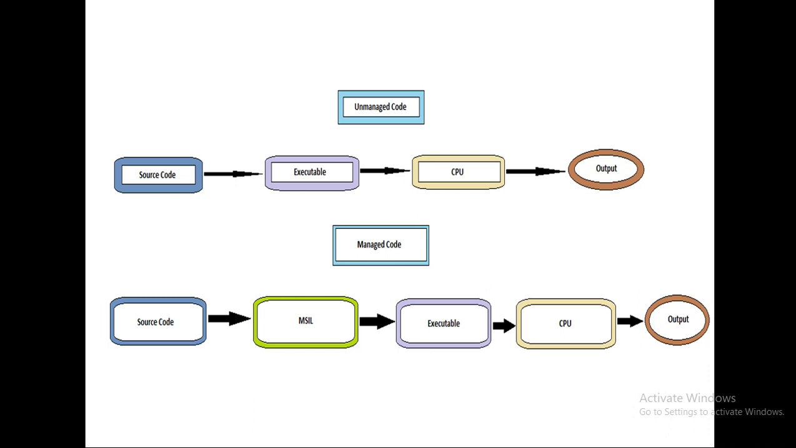Okay, now you can see this diagram. This diagram is pretty simple and straightforward. This diagram is for unmanaged code. First of all, you have to have a source code. From the source code, it will compile and create an executable file, which